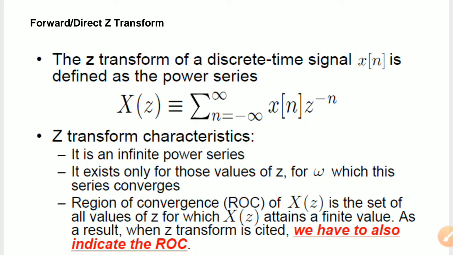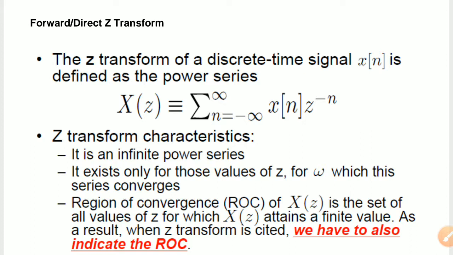One should remember the equation which shows that X(z) is equal to the summation of n equal to minus infinity to infinity of x(n) z raised to minus n. Here x(n) is the discrete time sequence and X(z) is the Z transform of that sequence. This is the basic equation of the Z transform, and to solve all the upcoming problems, we will use this equation.